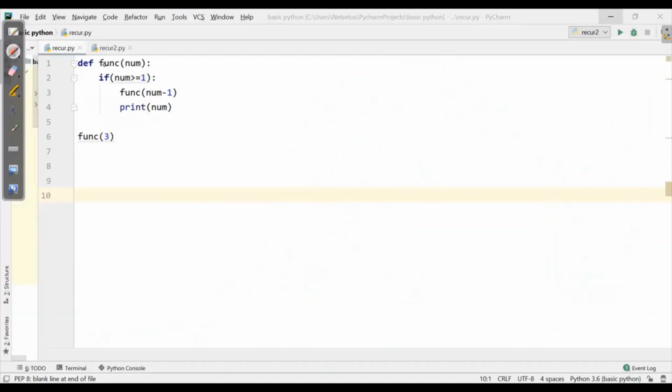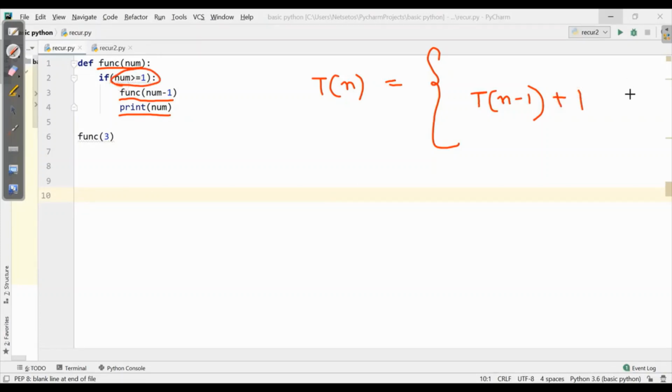After this, we will discuss the time complexity for this recursive call. So for funcnum, time will be taken as Tn, and here we are operating funcnum minus 1. It will take Tn minus 1, and for the print statements, we can take constant time, plus 1. This is for num greater than or equal to 1. So for num we are taking n, so here n greater than or equal to 1. There is a base condition also where we will stop. So for n equal to 0, we will take 1.